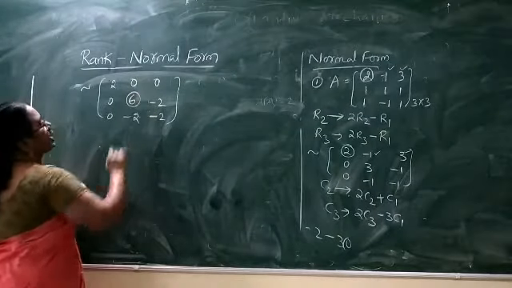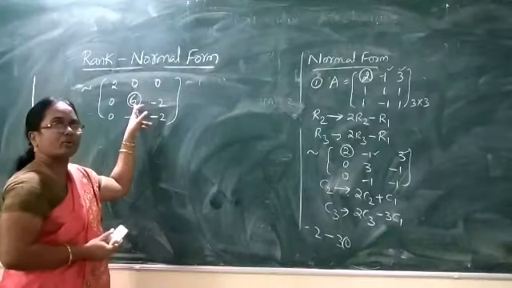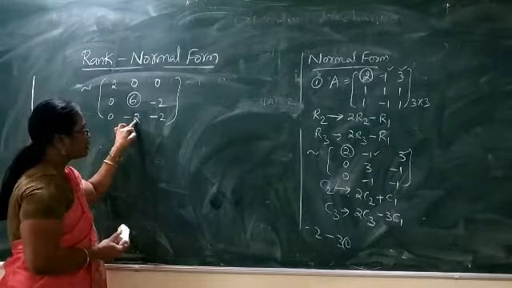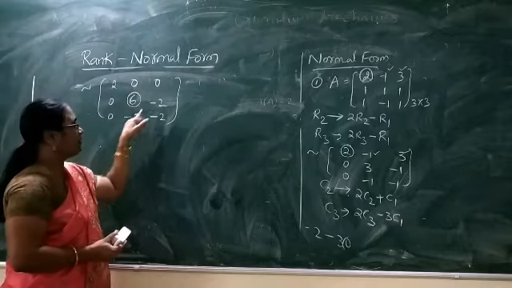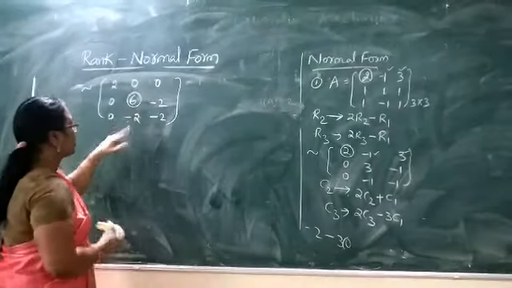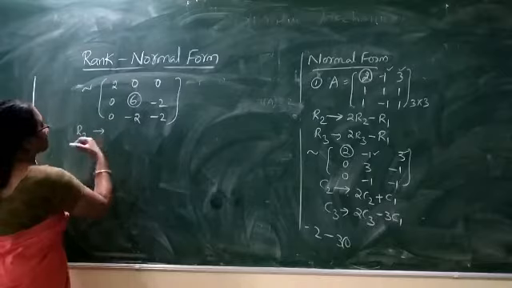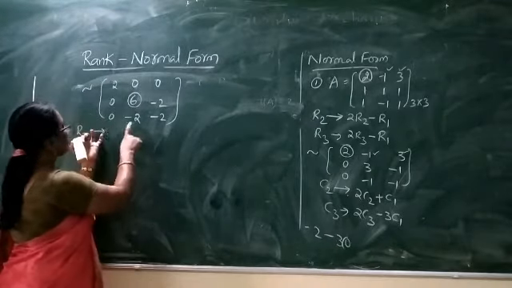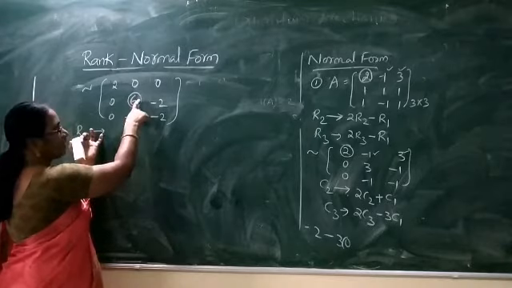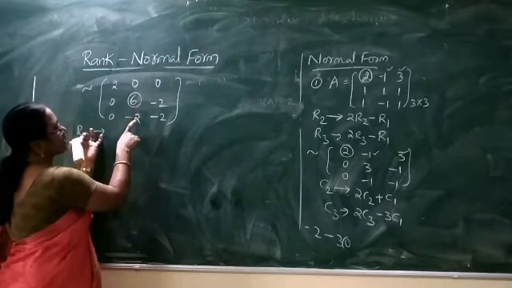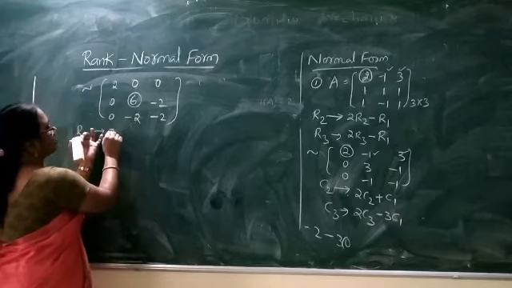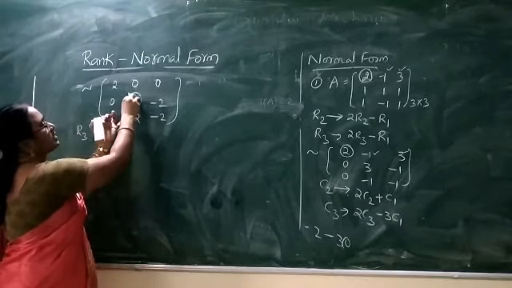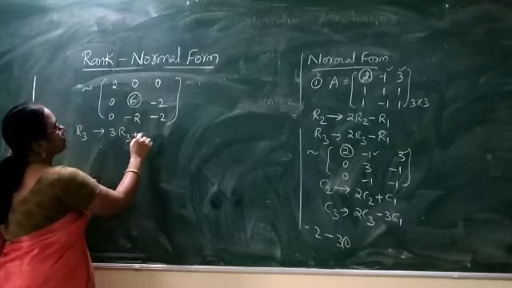Now we focus on the second pivot, which is 6 here, already non-zero. So we choose this, and now using this 6, we make this -2 in row 3 and this -2 in column 3 zeros. So let us apply the row transformation. R3 implies, because R3 has -2 and in R2 we have 6, the second pivot, let us multiply this -2 with 3. So we write 3 into R3, which becomes -6. When this 6 is added to this -6, it becomes 0. So we write here plus R2.